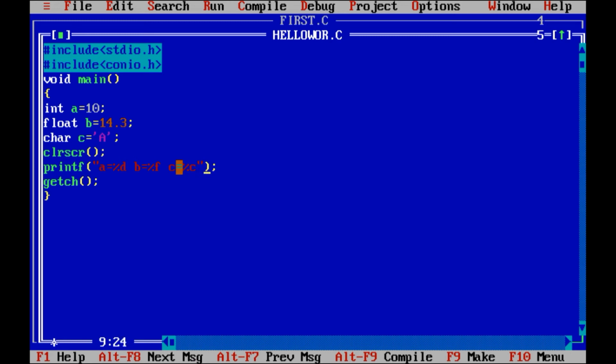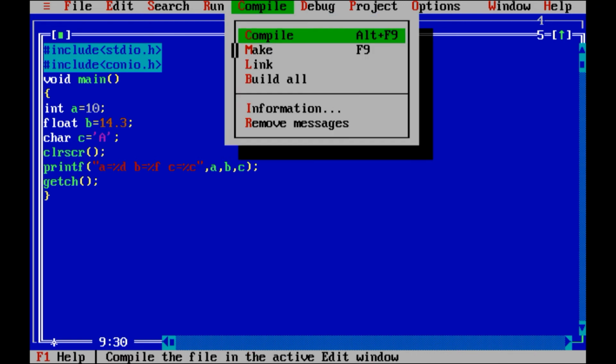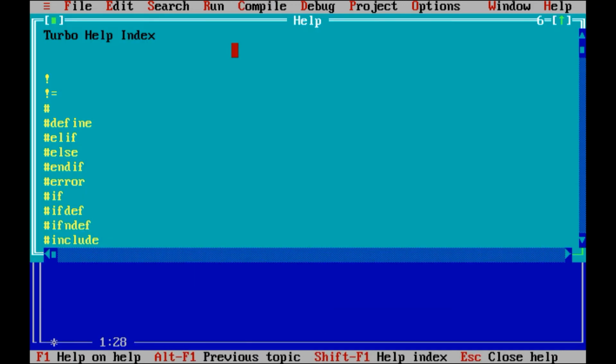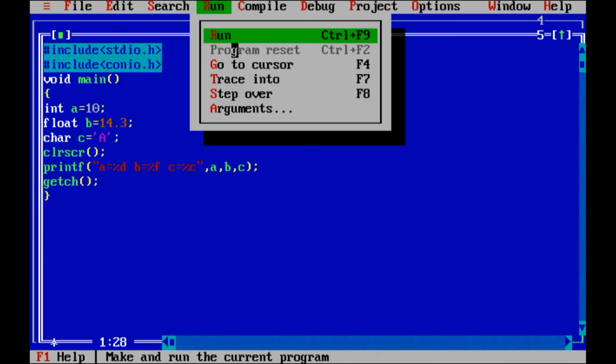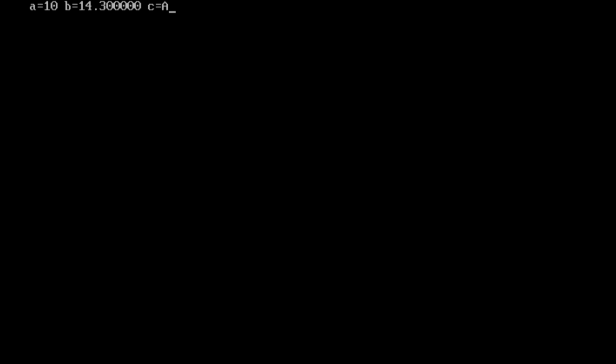Now we will write a comma b comma c. Now we will run the program. Now you can see the output. A is equal to 10, b is equal to 14.300000 and c is equal to A.